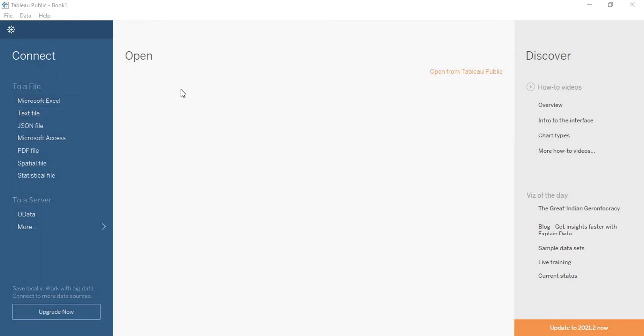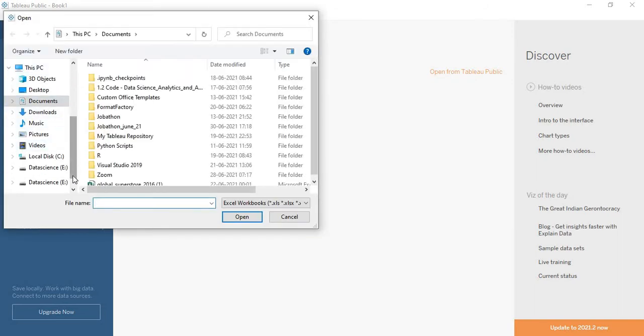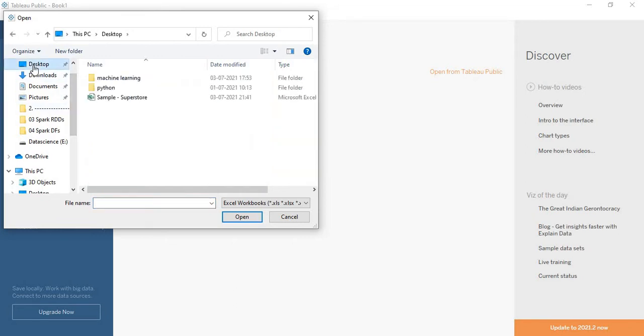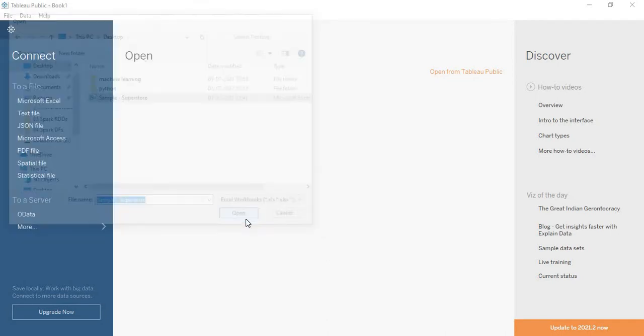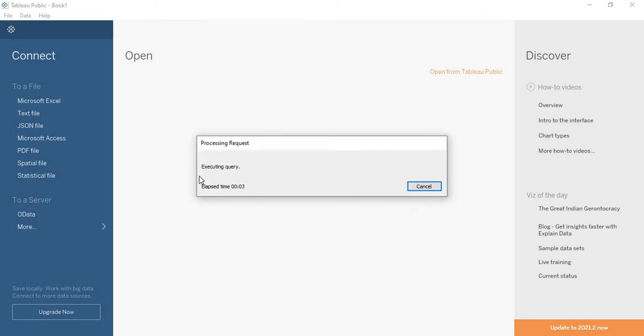My file was in the XLS format, so I'm going to select the Microsoft Excel option here to load my data set. I have my data set on my desktop, so I'm going to choose my desktop, and here I have that sample superstore data set. I'm going to load the data set here.